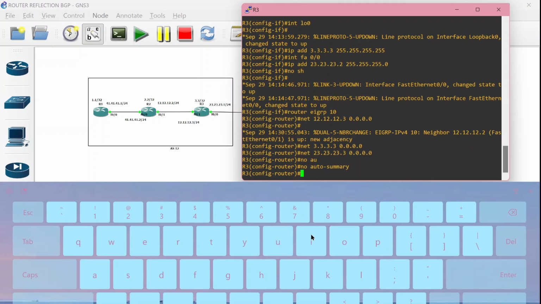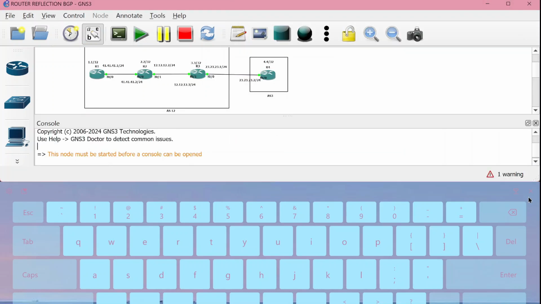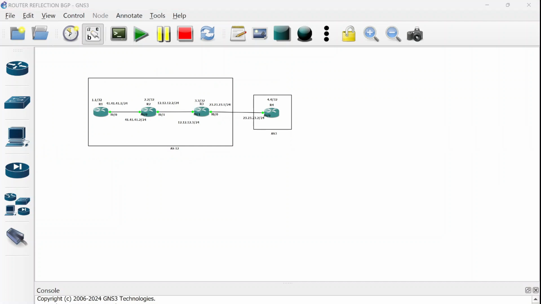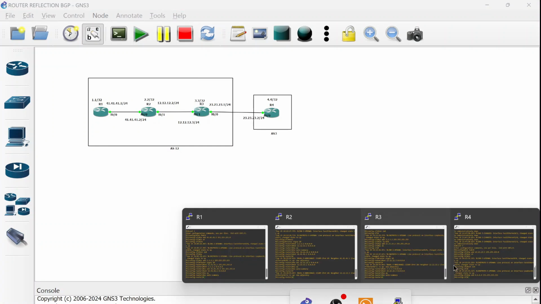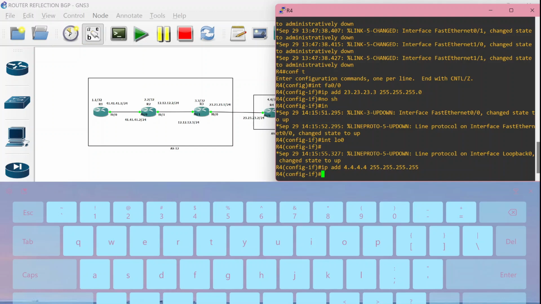Okay, now auto summary. Okay, minimize, and we can go back to router number 4 and look again.